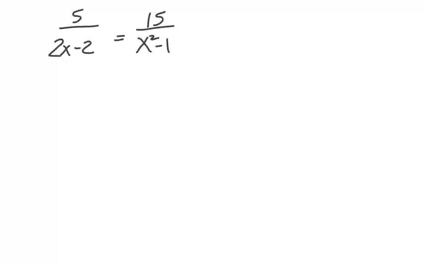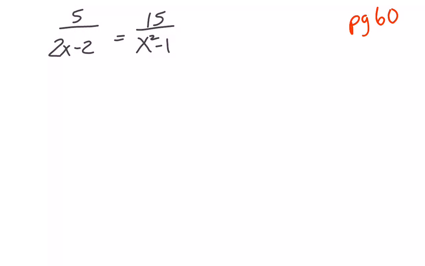Okay, today is the second day of solving rational equations. So to review, our steps are: we factor, get a common denominator, multiply so that we get a common denominator, and solve the numerator of my equation. So in this first example, which you can put on page C in your notebook,